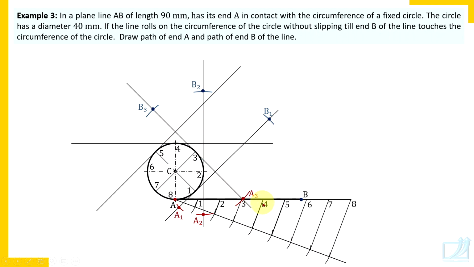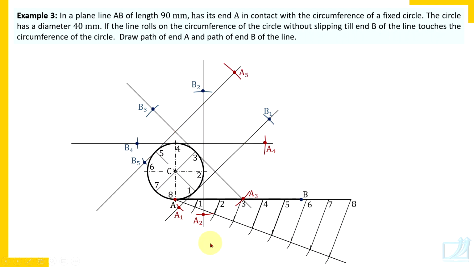Now take distance 4b in the compass, and from 4 you will get point B4, and take distance 4a in the compass, and on the other side of tangent 4 you mark A4. Take distance 5b in the compass, and from point 5 cut the 5th tangent for B5. Now point B is very close to the circumference of the circle. Now take distance 5a in the compass, and on the same 5th tangent on the other side you cut it.